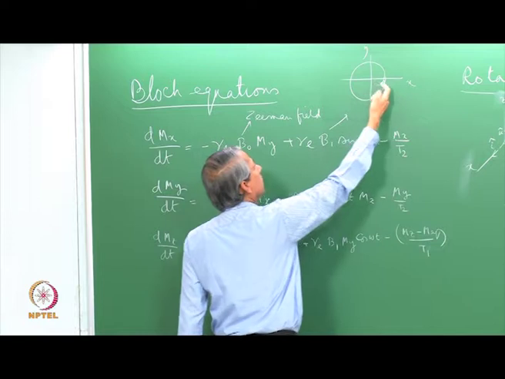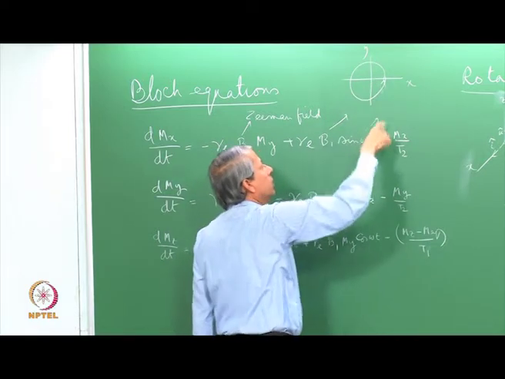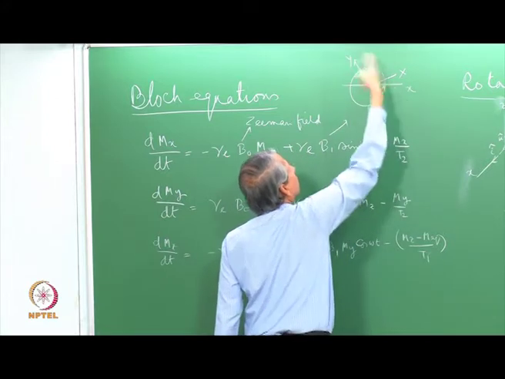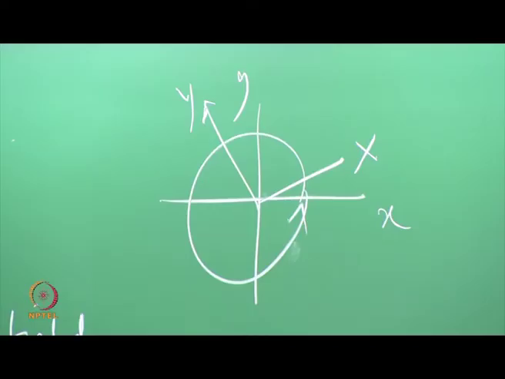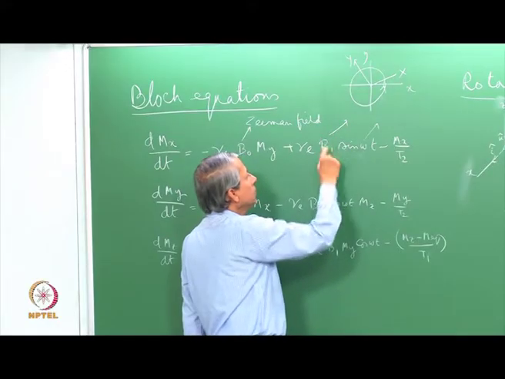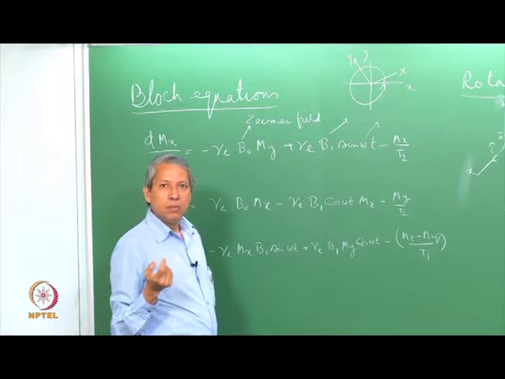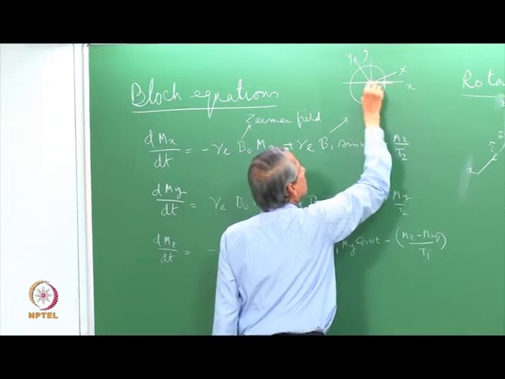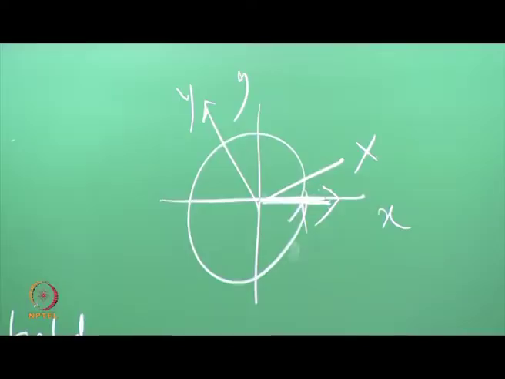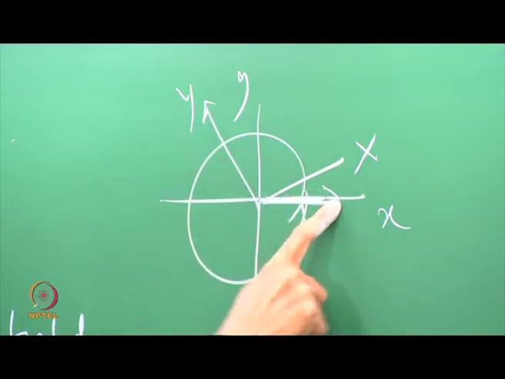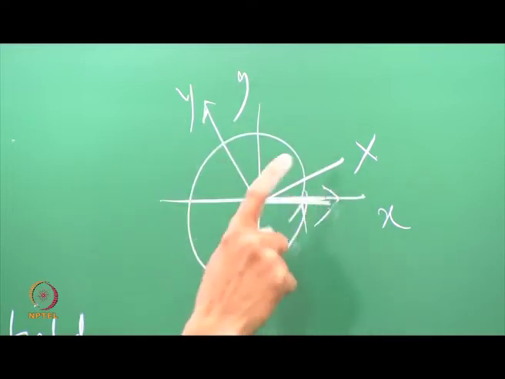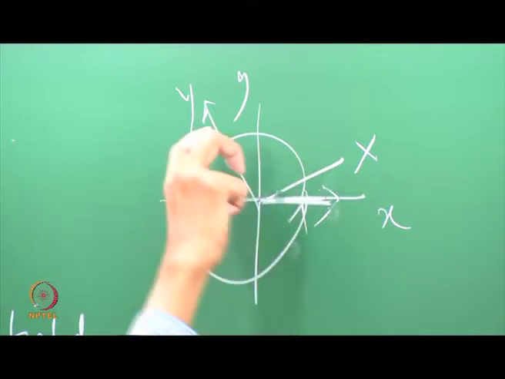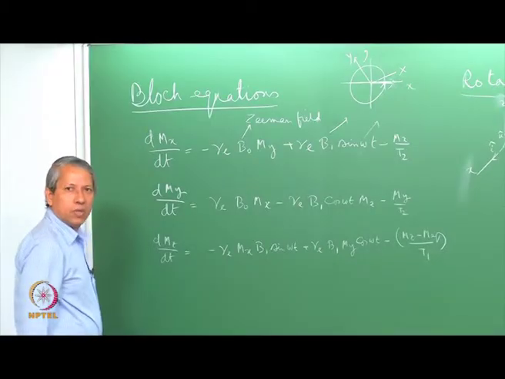In the laboratory coordinate system the magnetic field is rotating in this way, but in the coordinate system now I have got this, which is rotating at the same frequency as this one, then this B1 field will appear static now. So, at time t equal to 0, if the B1 field is applied along the x direction and the coordinates start rotating at time t equal to 0 from the x direction, then in the rotating coordinate system the B1 will always be along the x direction. There will not be any y component for that.